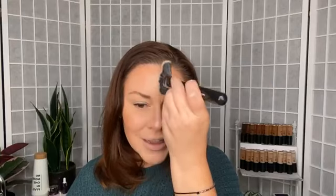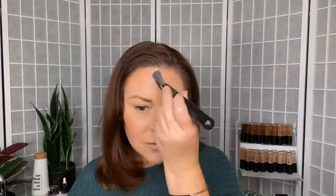All right, so I'm gonna grab Golden. I'm sure you guys have seen me use Golden about 1,000 times, because I know it looks great on every skin tone. So it's one of the reasons that I love it. So I'll put it right there, put it right here. And then, just to have some fun, we're gonna take Blushing, which has that kind of pink tone to it, and we're gonna put that on